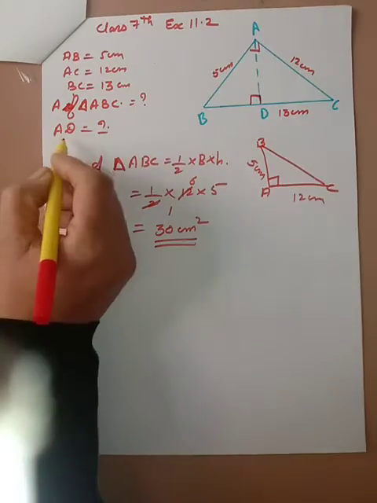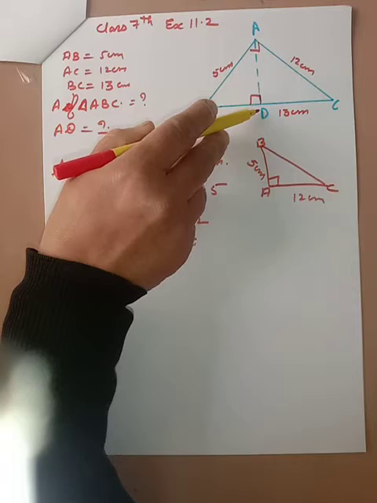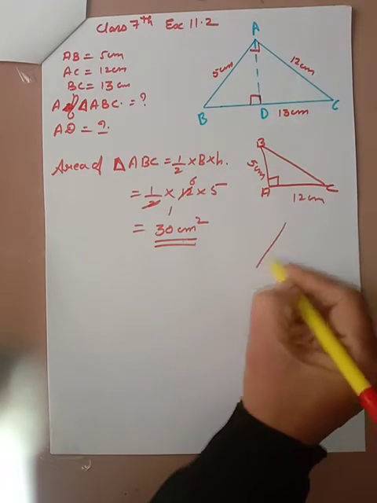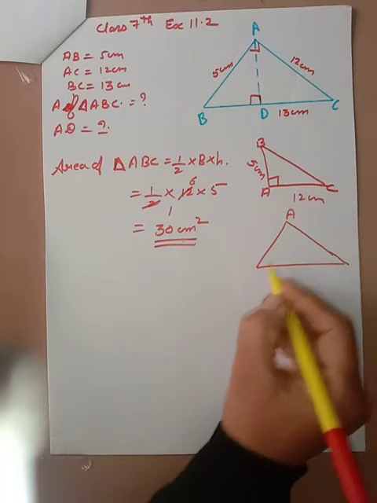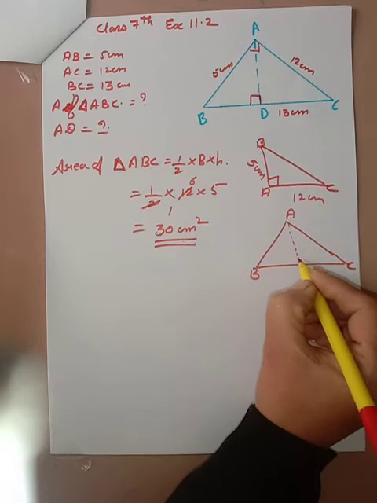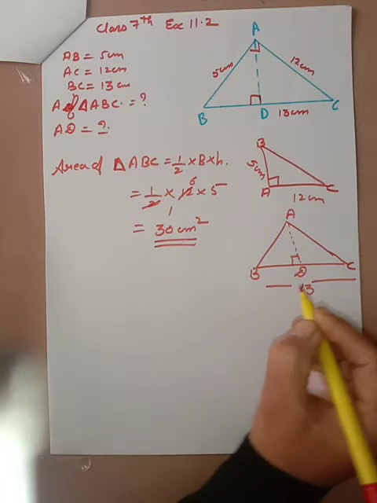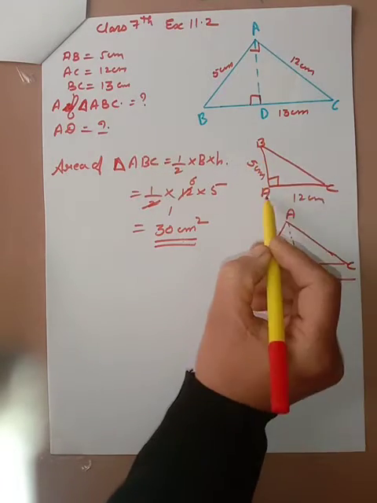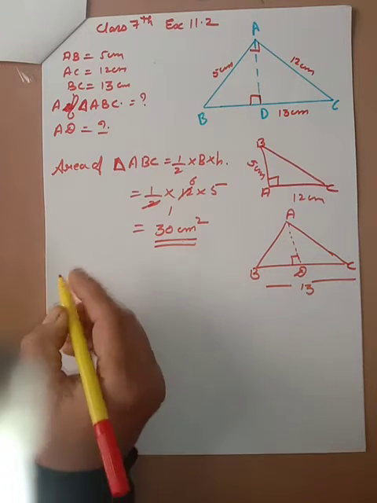We got one. Now second is AD. We have to find the AD. AD is the height, but on which side? Side BC. Again I will take this triangle. This triangle, ये A है, this is B and this is C and this is height this time, क्योंकि right angle यहाँ, this is D and this time base is given 13. Again this is the area of triangle. This area of triangle ABC, ये भी ABC है. Area of triangle this and this is same.